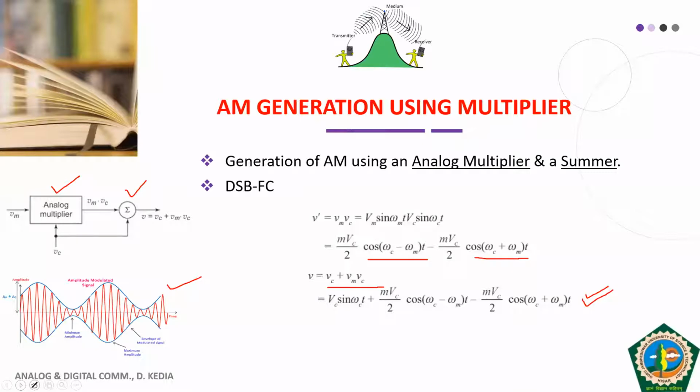Next. So students, here my motive is to tell you the different methods through which we can generate different forms of amplitude modulation. Different forms means double sideband full carrier, double sideband suppressed carrier, then single sideband, then vestigial sideband. Here we will take help of mathematical and trigonometric expressions first, and then we will conceptualize those expressions with the help of block diagrams and circuit diagrams. By combining our mathematical analysis and block diagram approach, we will be able to understand the generation of AM signal. So I hope all of you have understood AM generation using a simple multiplier and summer.